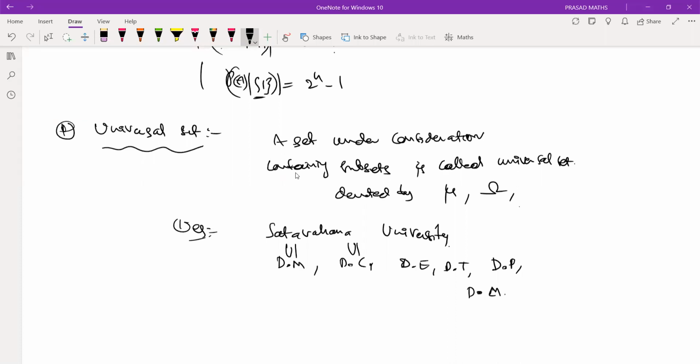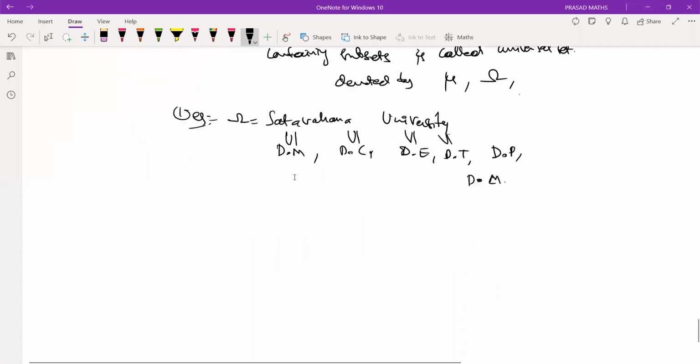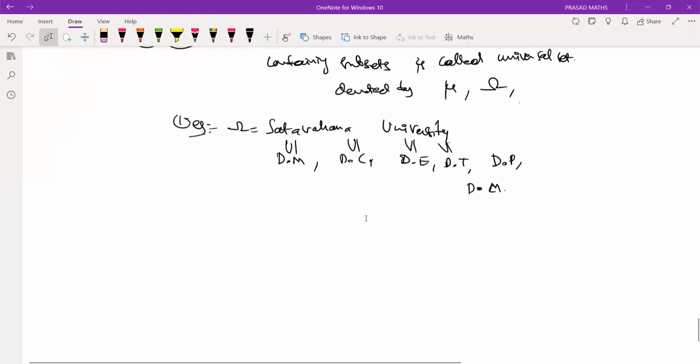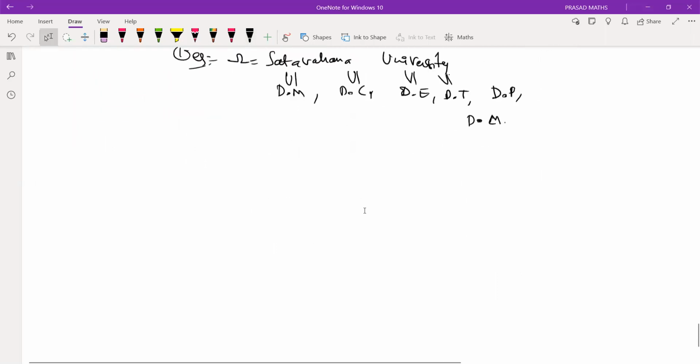It's also a subset of Satavahana University. It's also a subset of Satavahana University. It's also a subset of Satavahana University. So every member which appeared in Satavahana University is a subset of the Satavahana University. Therefore, this we call a universal set. So what is my universal set? Nothing but a set under consideration containing all subsets is nothing but the universal set. Right? So the universal set is denoted by the mu letter. Right? So this also plays a very, very important role. Right? Next is